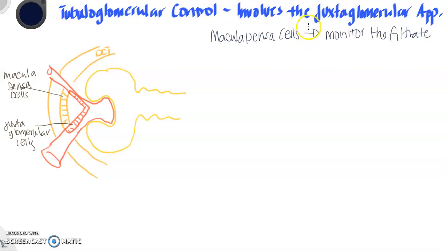And remember, filtrate is not urine, it's pre-pee basically. So they monitor the filtrate mainly for sodium. Okay? And if they perceive that the condition of that filtrate shows that blood pressure is low,